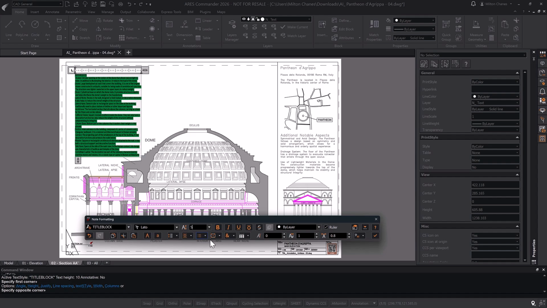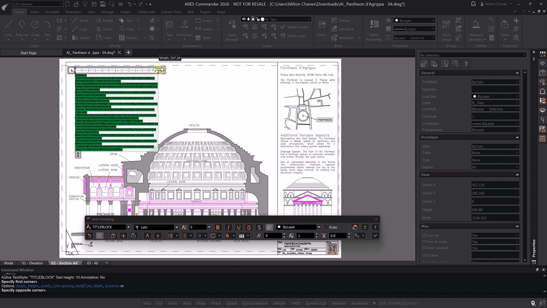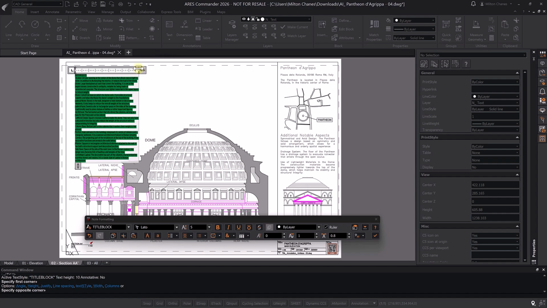Since this is a long text, we could split it into columns using traditional tools. But in this example, we will do so using the new AI functions. Right away, we see that the grips work intuitively. Moving the first one to the right increases the width of the text area, and the text automatically adapts to the new shape. The next grip works differently.